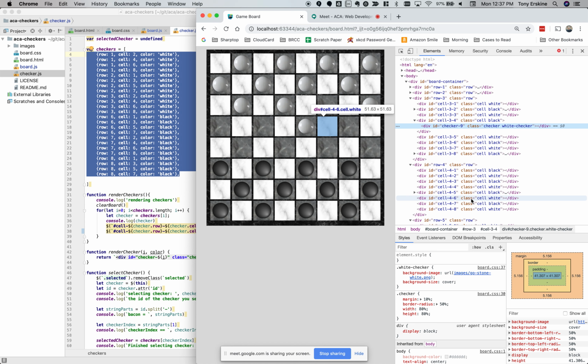So when I remove all those checkers from the board and re-render new checkers, those new checkers don't have click handlers. Does that make sense? Because they didn't exist a second ago. All the ones that did exist were removed. Okay? Yeah? So what makes the most sense